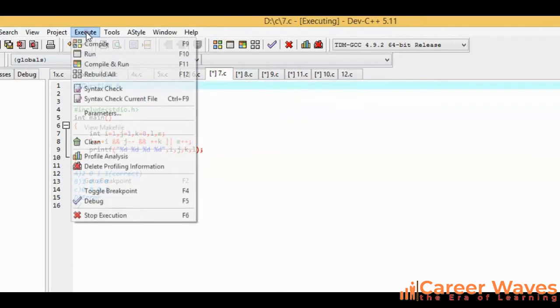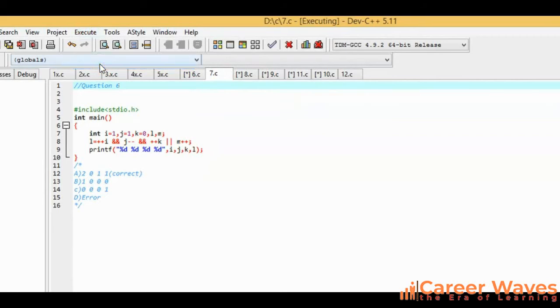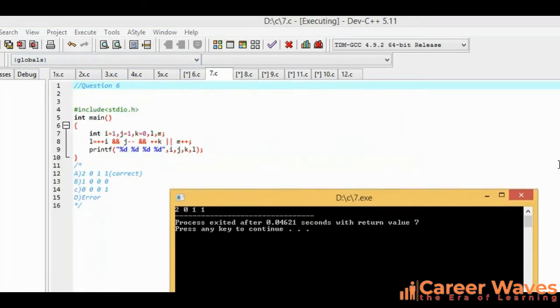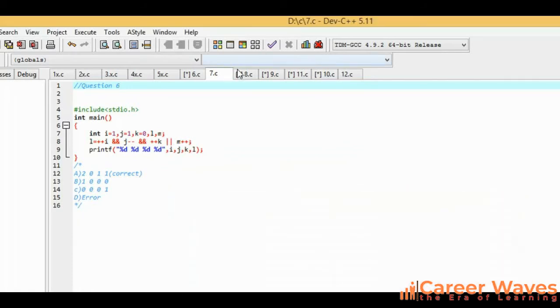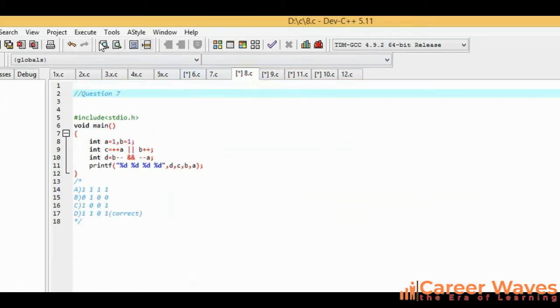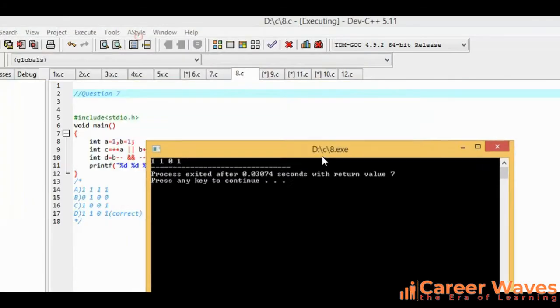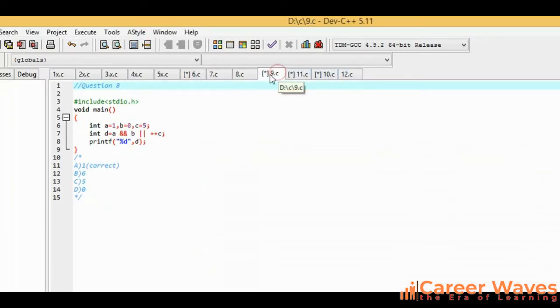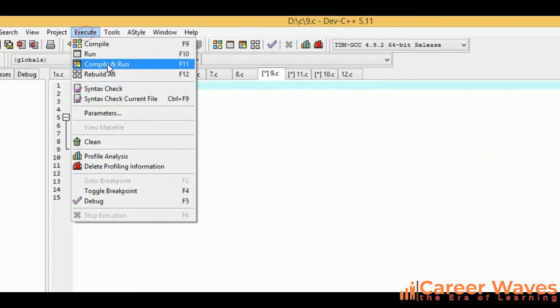Let us execute this question. So as you can see, the output for this question is 2011, that is option A. Let us execute this. So as you can see, the option is 1101, that is option D. And let us execute this question.